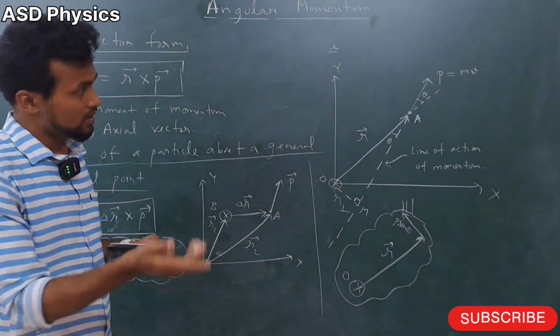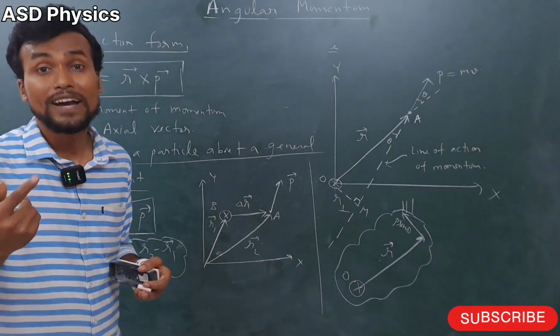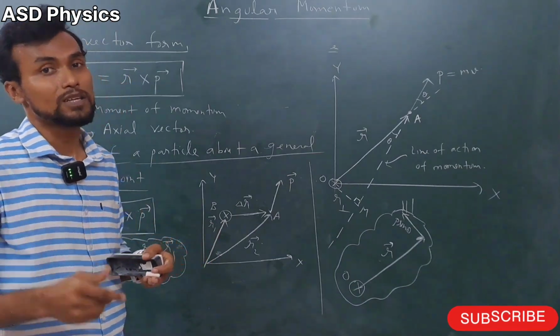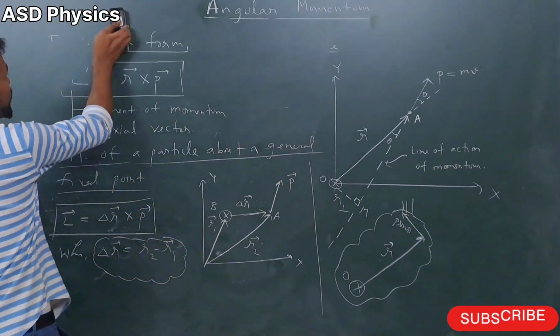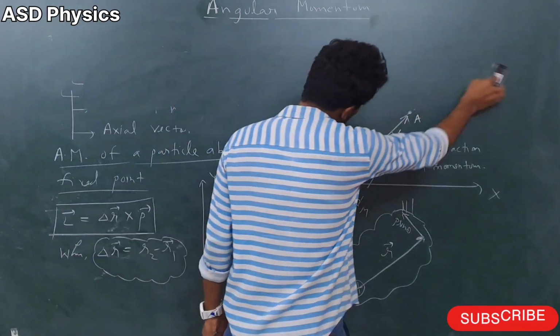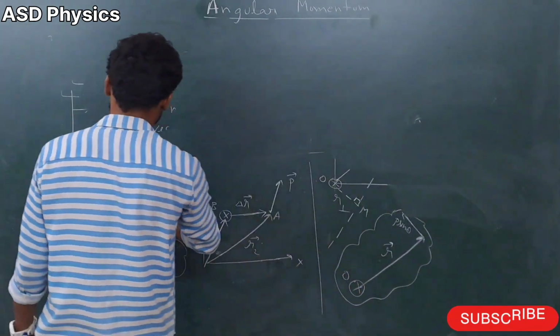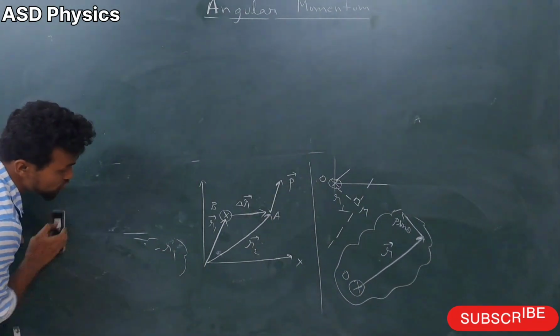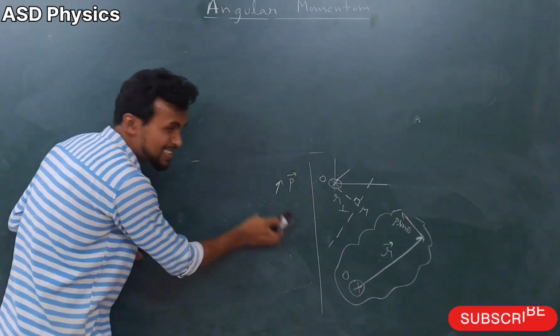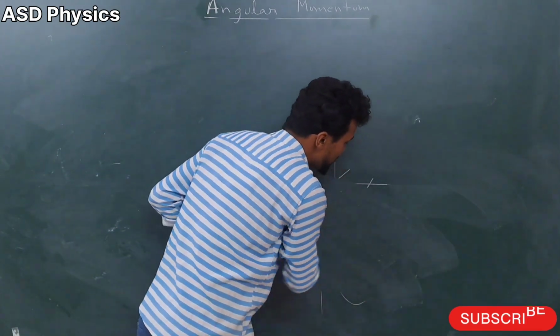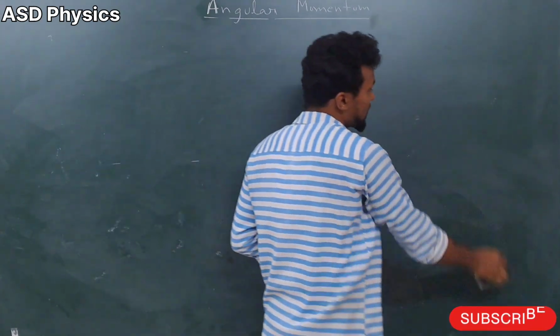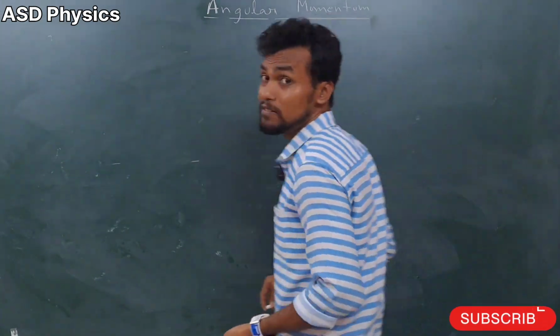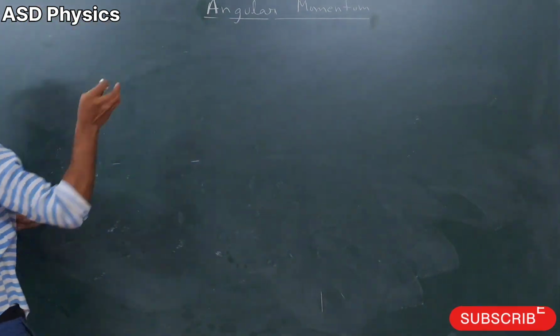Okay, that we will just see here, like L equal to I omega for a particle and for a body also. It will just take 2 minutes more and we will write one more form of the angular momentum. Okay, I hope now you have understood very well. This rotational motion is a little bit tricky, a little bit tough, but if you understand with the right basics, it becomes very easy.